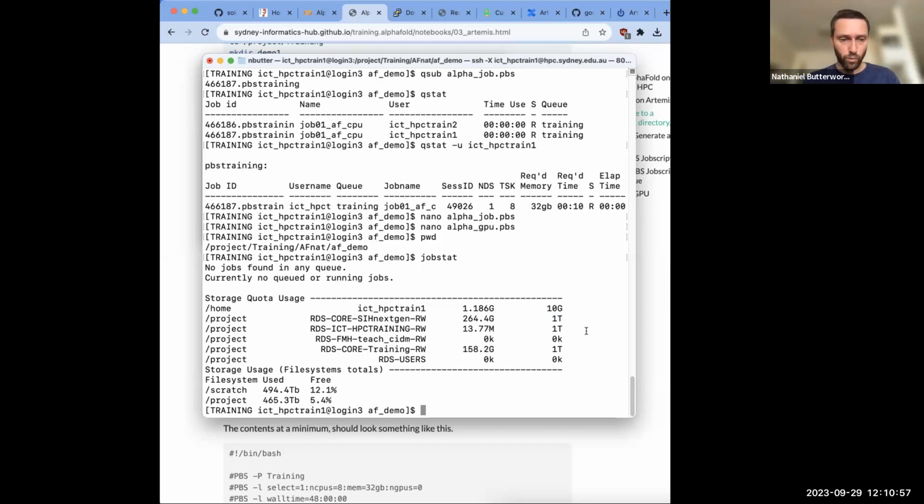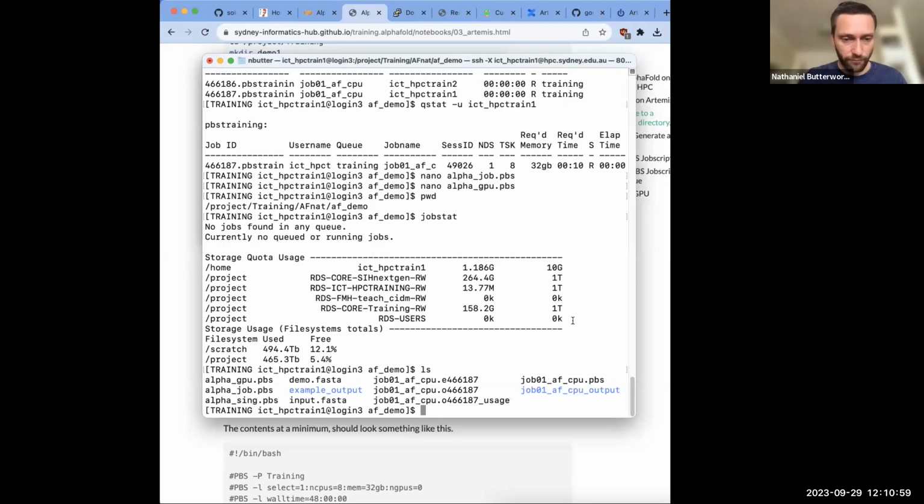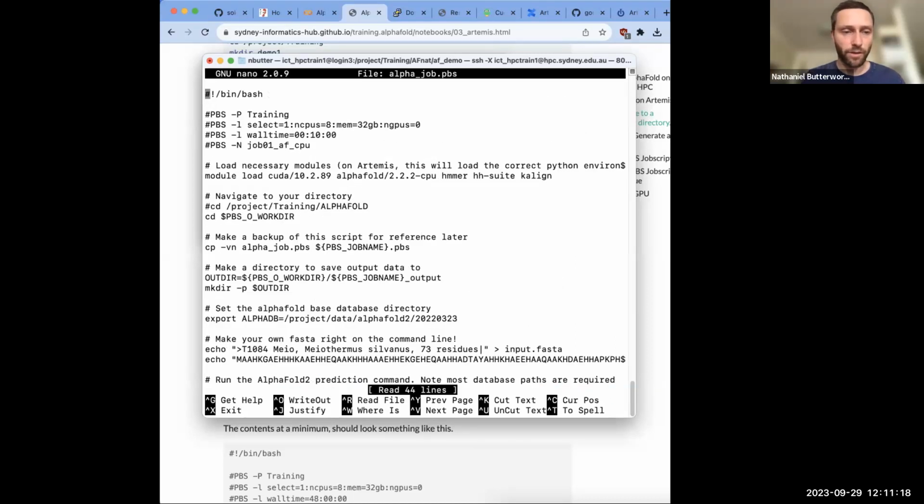Now what we have in this directory, I've got a few new files because of that job I submitted. So I'm going to look at just running that again. I'm just going to type nano and then this script name, which is alphajob.pbs. So again, this is just a text file. You can write this completely from scratch. You can write it offline and upload it. There's a few different options, but basically,